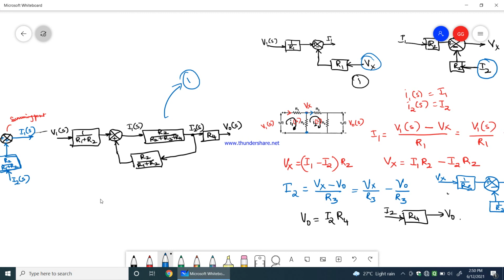Okay. So this is how you should think about writing the block diagram for any given electrical network. I hope with this problem, with these two block diagrams that I wrote, you are clear on the method of writing the block diagram for any given electrical network. In my next video, we'll see the various steps used to reduce the block diagram, so that finally we'll be able to get the transfer function for a given block diagram mentioned in the question. Thank you.